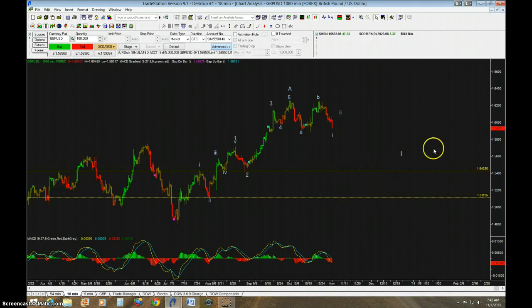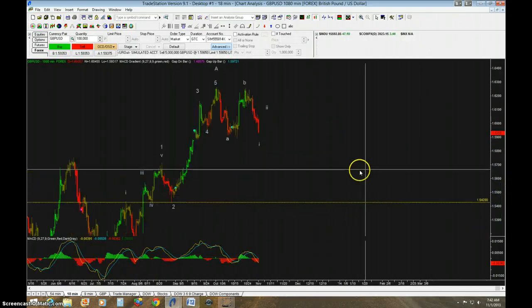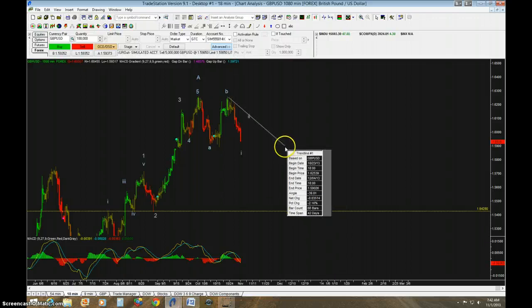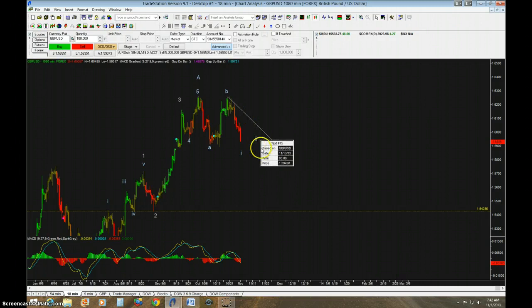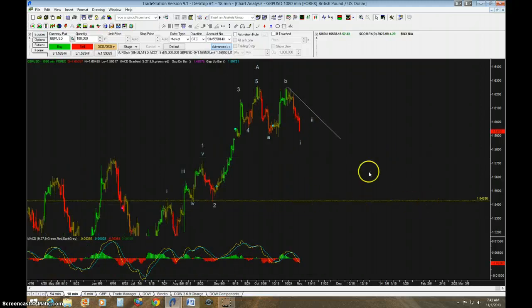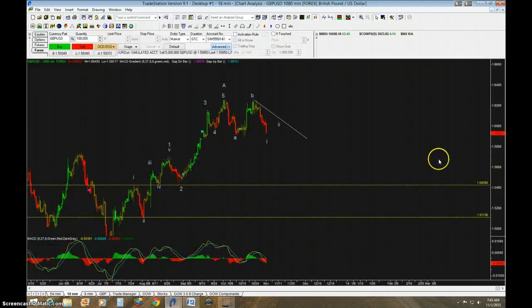I think if you're not already in short, a good way to play it would be to draw a trend line over the tops of this wave, maybe something like that, right? And I think that it's reasonable that price might come back when wave 1 is done, come back to this trend line, and that would make 2. That would be a great high probability place to get in, and then stay in for 3, 4, and 5 until it breaks 1.54. I'm pretty sure that's what I'm going to do.